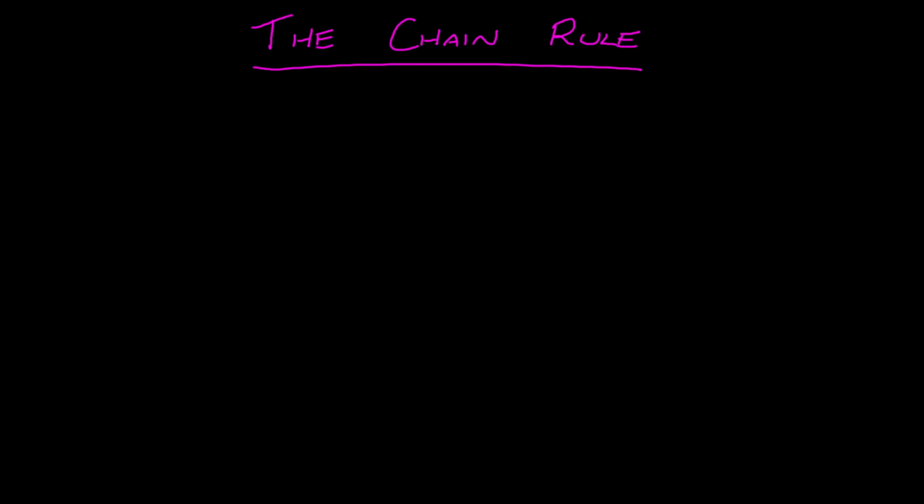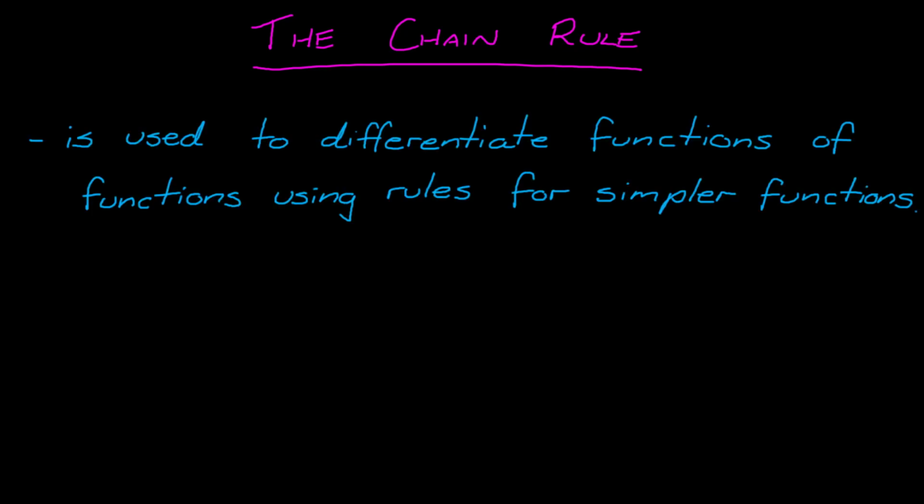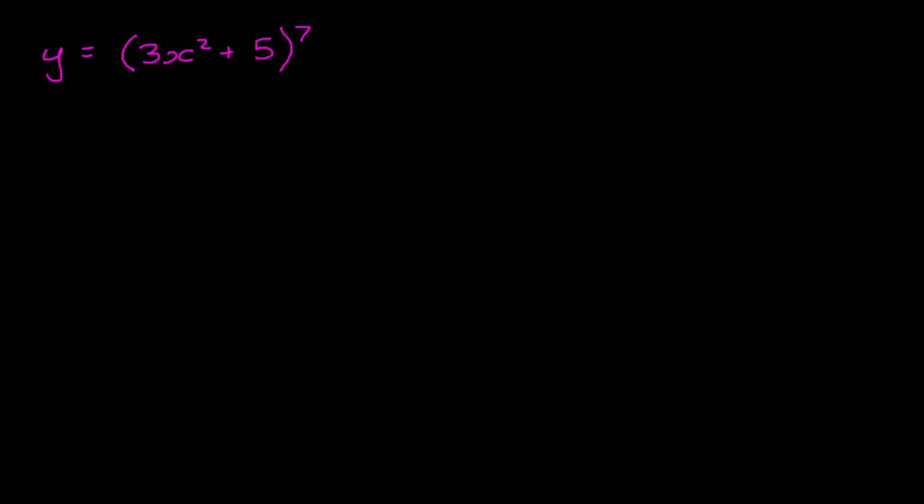Finally, we'll take a look at the chain rule. Essentially, the chain rule is used to differentiate functions of functions, using rules for simpler functions. The chain rule can be stated simply as the fact that dy dx can also be written as dy du times du dx. It's easiest to show how the chain rule works, so let's take a look at the function